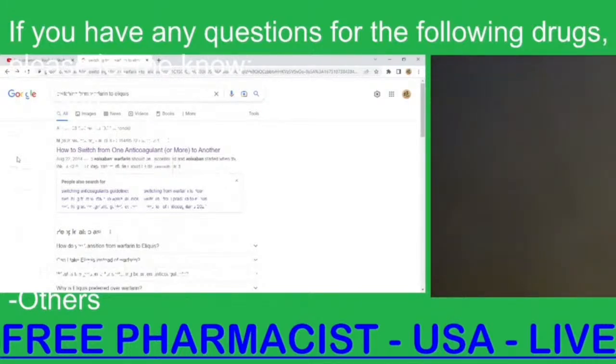Then I would reduce the dose or take a partial dose, and then retest the INR in 1 week to make sure the INR level is therapeutic before switching to the Eliquis. And when the INR is at the therapeutic level, just try to hold 1 or 2 days prior to starting the Eliquis to make sure the INR is